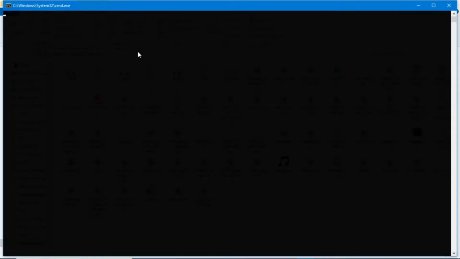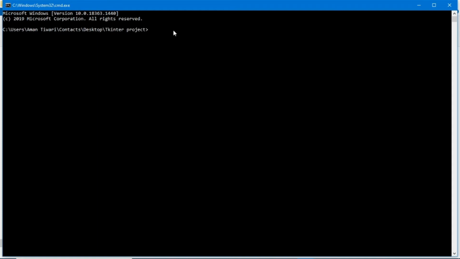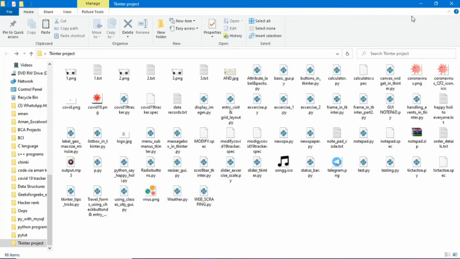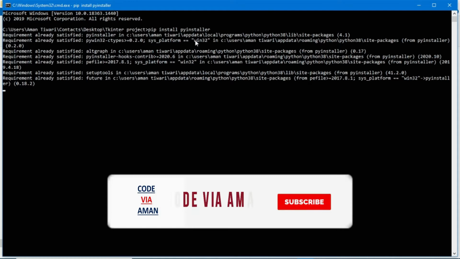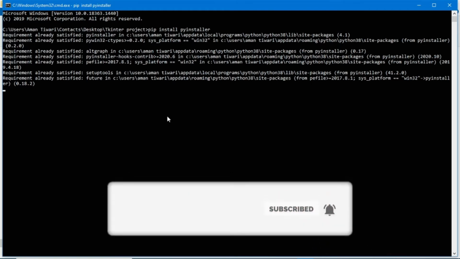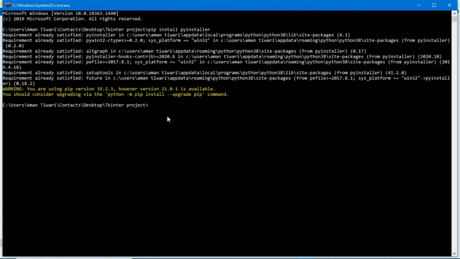Then guys, before converting this, first of all type here pip install pyinstaller, because without pyinstaller you can't convert the .py file into .exe. I already installed pyinstaller using pip. In your case, if you haven't installed pyinstaller, then first use this command, pip install pyinstaller.